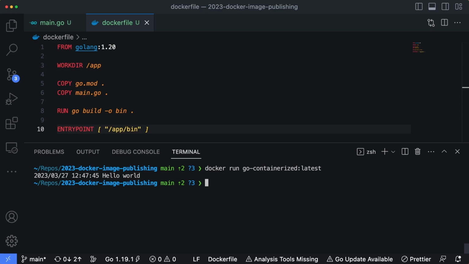Now, not a very impressive example, but since I'm using docker run instead of go run, we're not using the local code that has been written inside of a VS Code directory. We're actually creating a container based off of that go-containerized image, and we're running that instead of the code directly. Okay, so now that you understand kind of the basics on how to create an image,